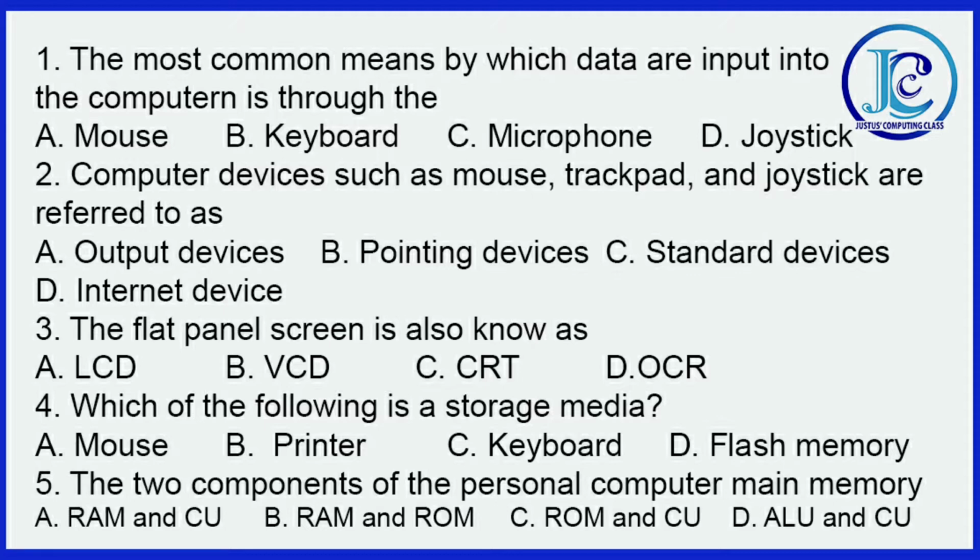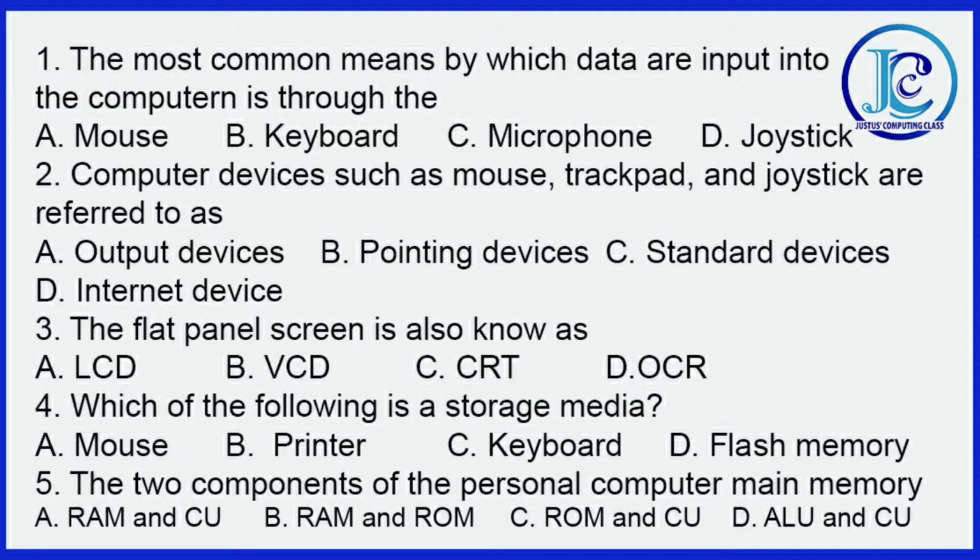Question 3. The flat panel screen is also known as A, LCD, B, VCD, C, CRT, then D, OCR. Question 4. Which of the following is a storage medium? A, mouse, B, printer, C, keyboard, D, flash drive or flash memory. Question 5. The two components of a personal computer main memory are A, RAM and CU,